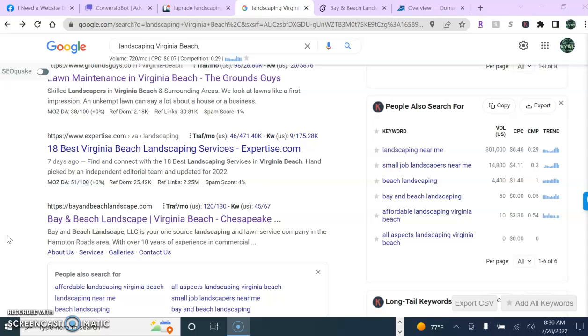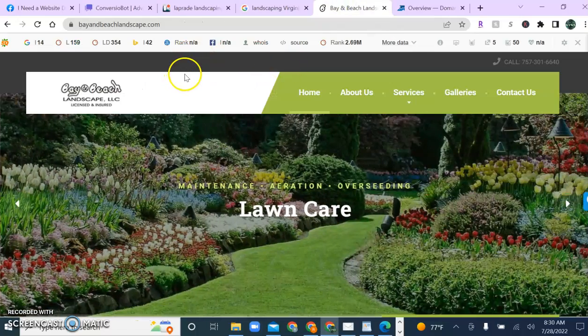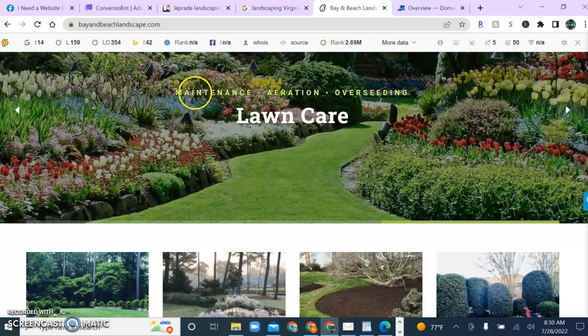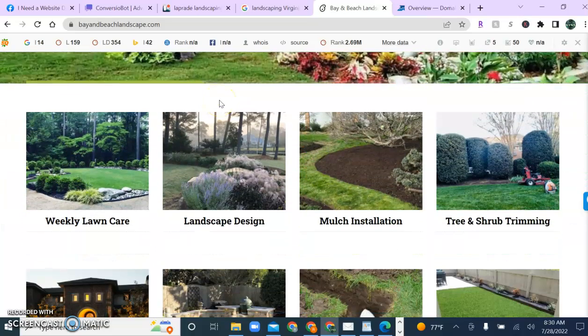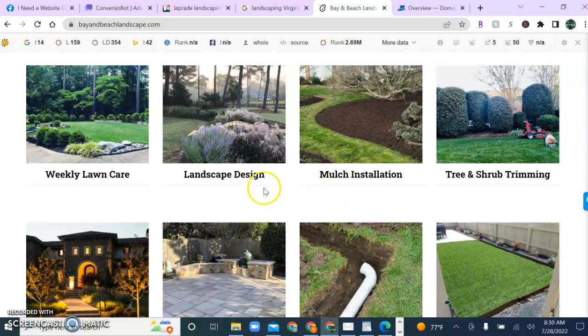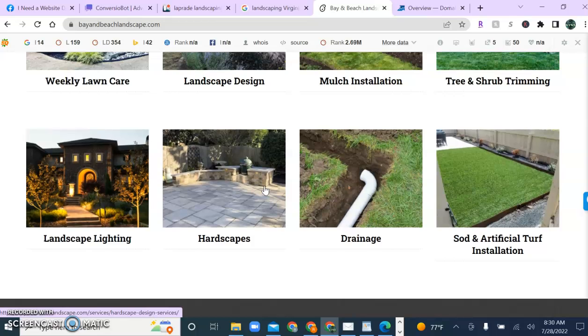So let's take a look at your competitor's website and let's see how they rank on the first page. Now you'll notice we're looking at the Bay and Beach Landscape, and they have a visually aesthetic website. They have keywords and key phrases scattered throughout the page. Now,